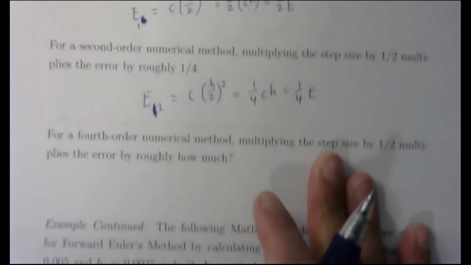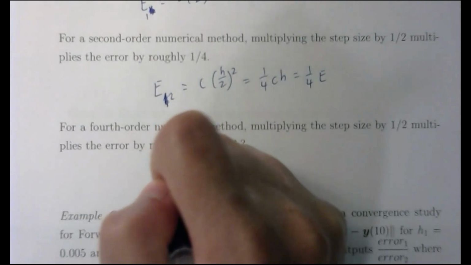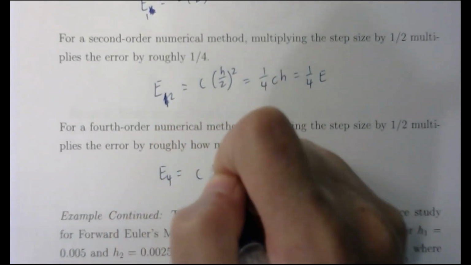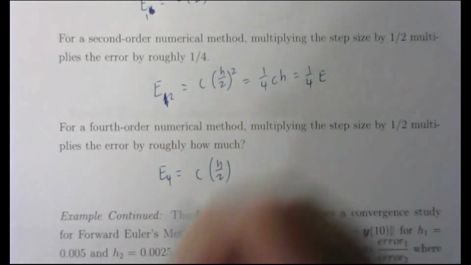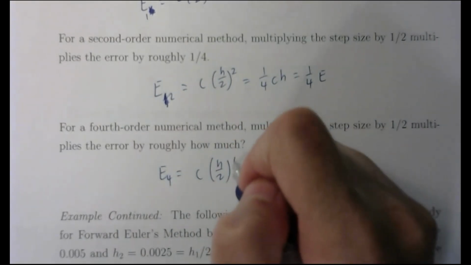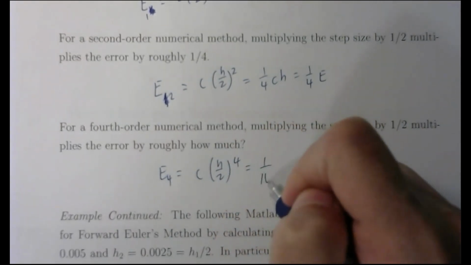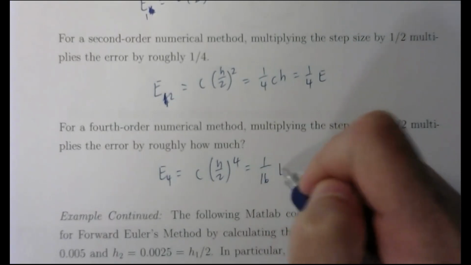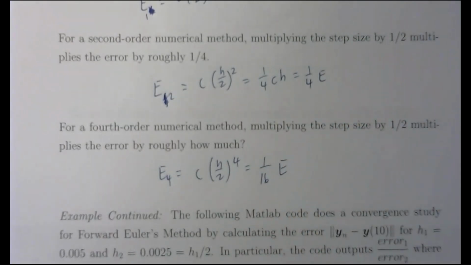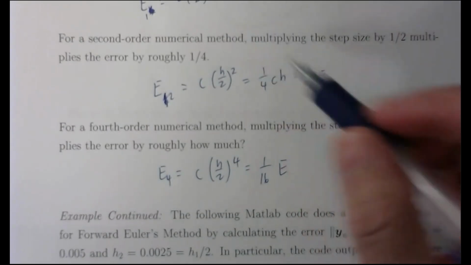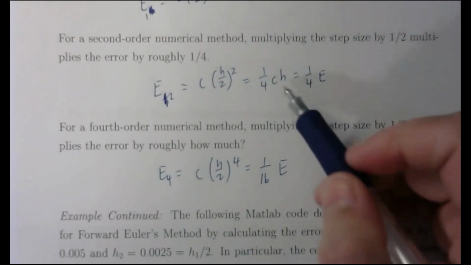Similarly, for a fourth order numerical method, when I multiply the h by a half and then raise it to the 4th power, I get 1/16 of my original error. And so if I have this model for the error, this idea that the error is c h to the p,